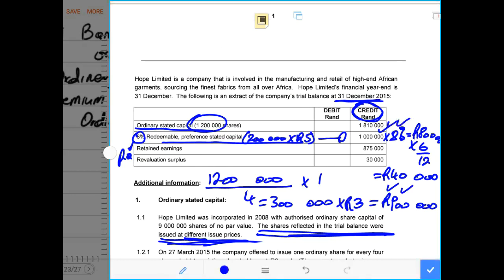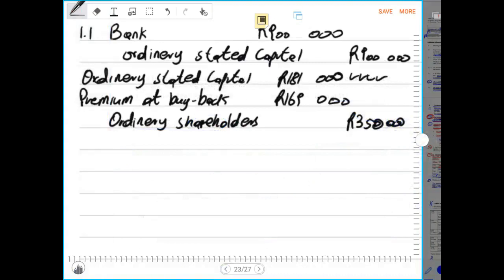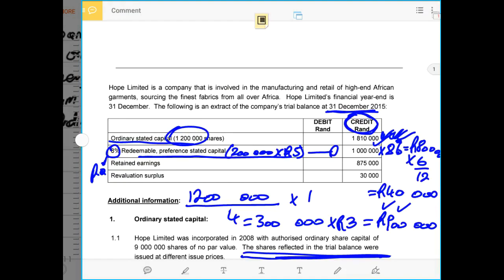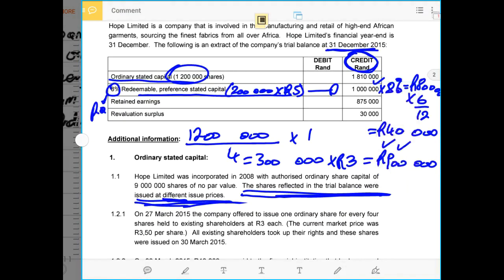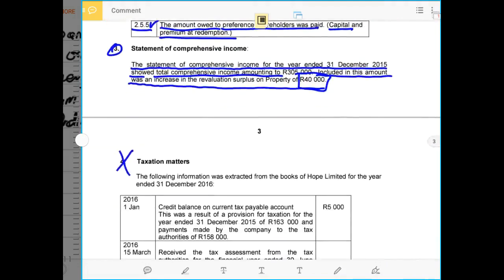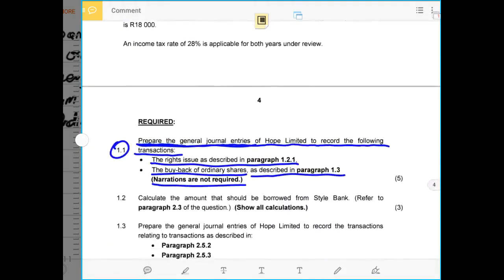So now even the amount of the 100,000 ordinary shares that are being bought back, they were recorded on the credit side. So now the minute we record this on the debit side, we cancel the credit side. Therefore now that means the capital is being transferred into a liability account before it gets to be paid to the ordinary shareholder. Therefore now the premium will be debited because this is just an expense that we pay to the ordinary shareholder because of the buyback of these shares. So now that was 1.1 that we were required to record, and we have clearly recorded this very well. Then let us go to the next requirement and see what we are required to do next.